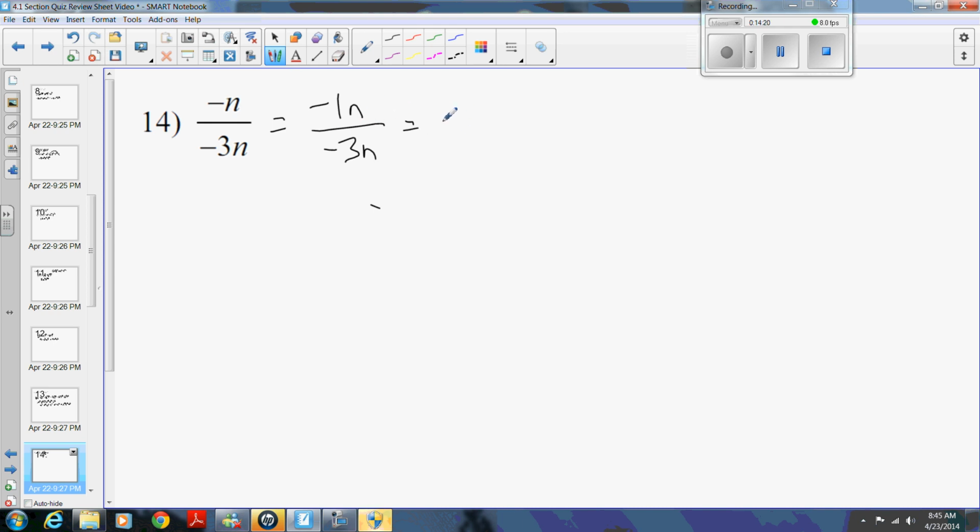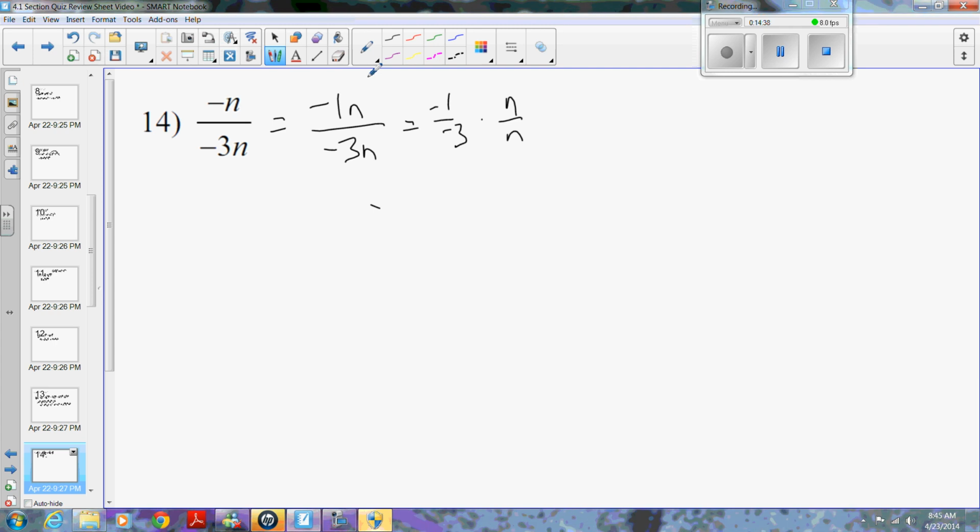I am free to split this as being -1 over -3 times n over n, right? Or I can think of whatever the coefficients are for any of these rational functions as just being a split off fraction. And that's how you should think about it when you are simplifying the coefficients here. So why do I do that? I want to make sure that you're dealing with these coefficients correctly. So let's deal with this individually. The greatest common factor between both of these is -1. These negatives sort of divide out, and that becomes